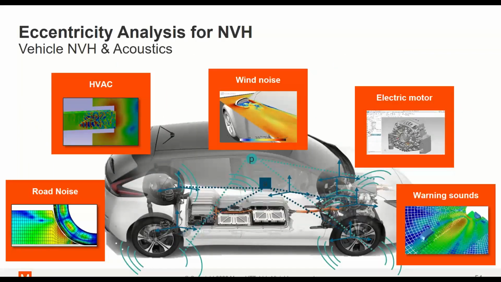So the NVH behavior of electric machines on electric vehicles is significantly different when compared with traditional cars. The lack of masking from the combustion engine makes road and wind noise much more important. And auxiliary systems like the HVAC system, the power steering, and even the wiper motor are all of a sudden very audible. In addition, the powertrain must be quieter, but the higher frequency noise tones originating from the electronics and the drive running the machine are extremely significant.